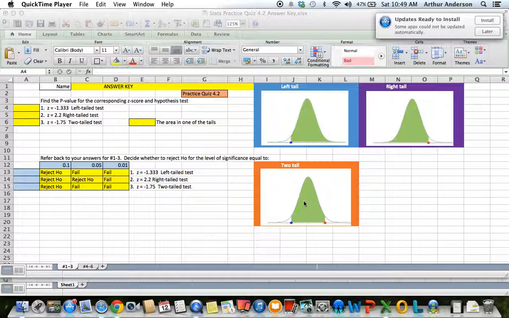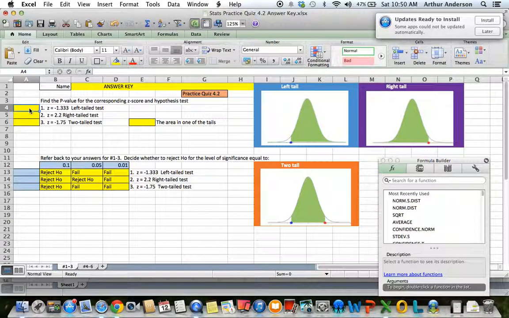and if we're doing a two-tailed test, we're going to find the total area of the area to the left of the blue dot and to the right of the red dot. So it's everything that's not shaded in green in each of the three graphs. So getting started with problem number 1, we have a z-score equal to negative 1.333, and we're doing a left-tailed test. So we select the function